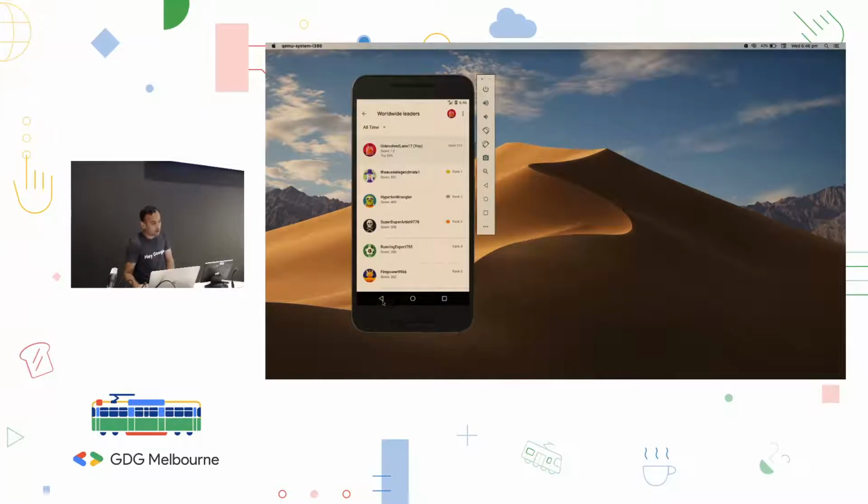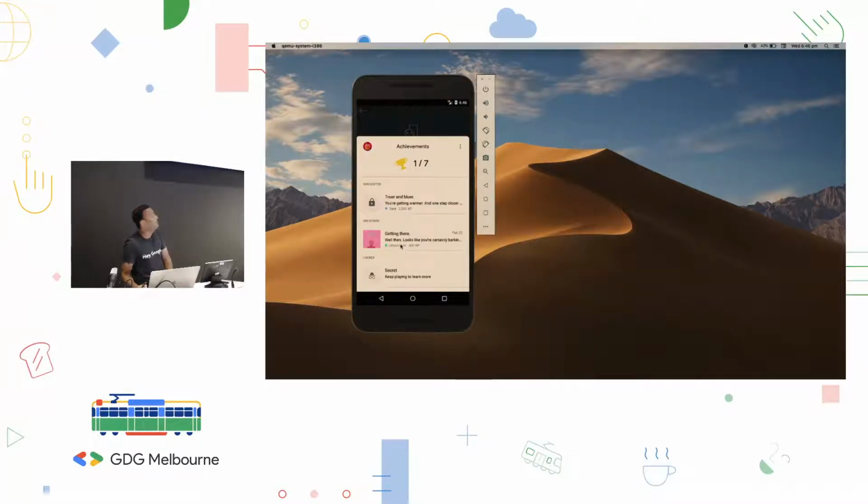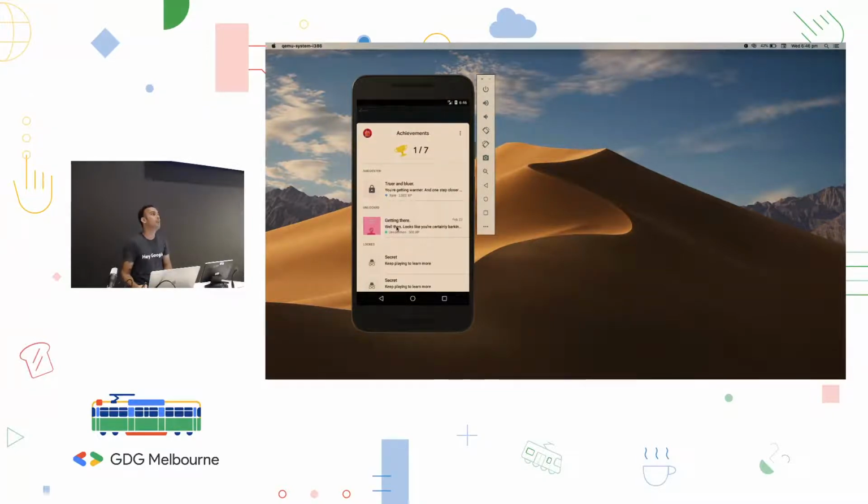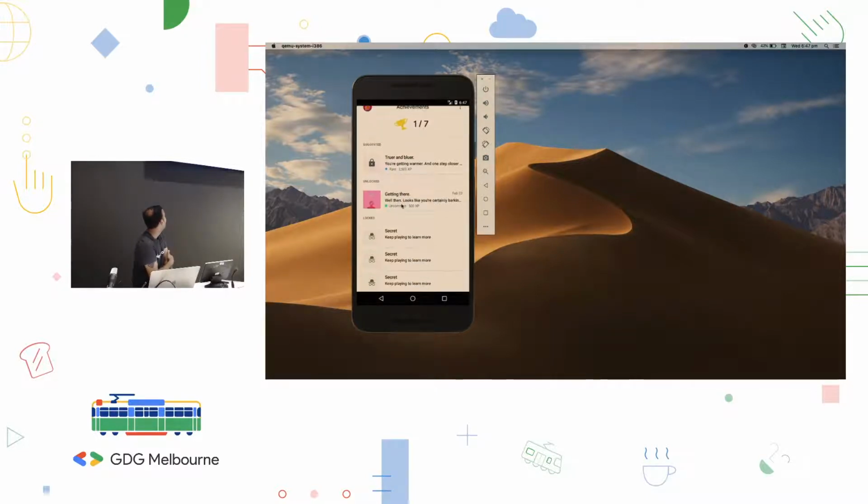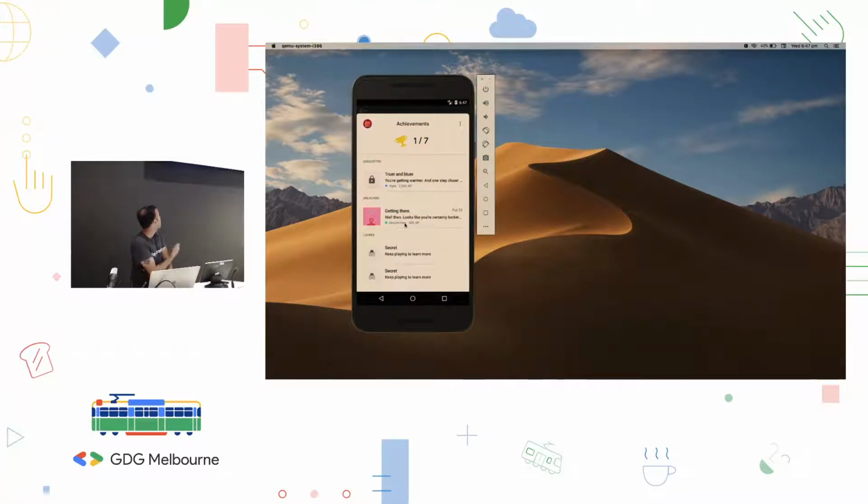The other thing I want to show you guys is achievements. So achievements are just stages within a game. As you progress through a game, you want to gratify a user, and you can use achievements to unlock things. The names are really catchy. I came up with them a while ago. And yeah, some of them are unlocked because I've actually scored those points.